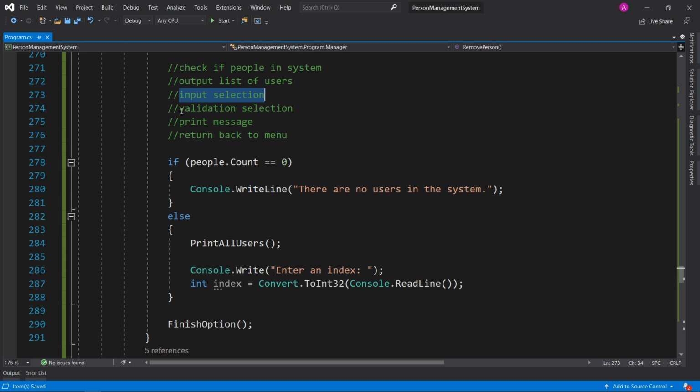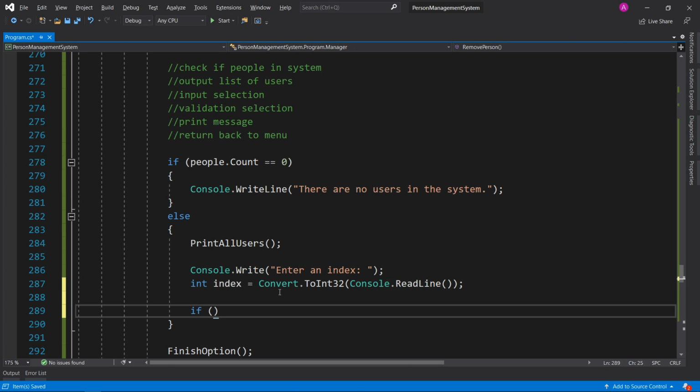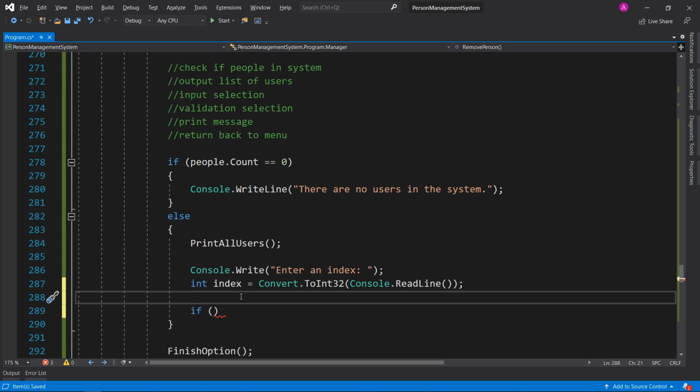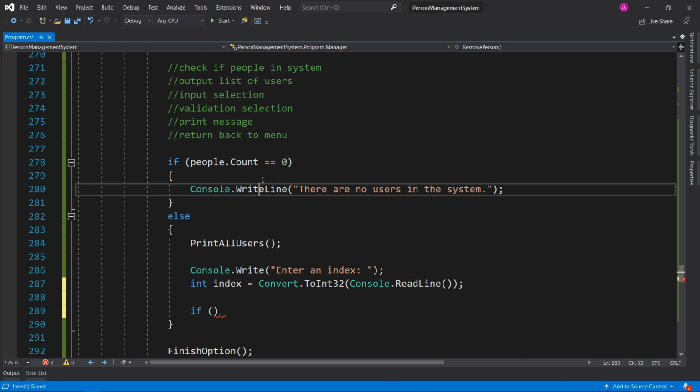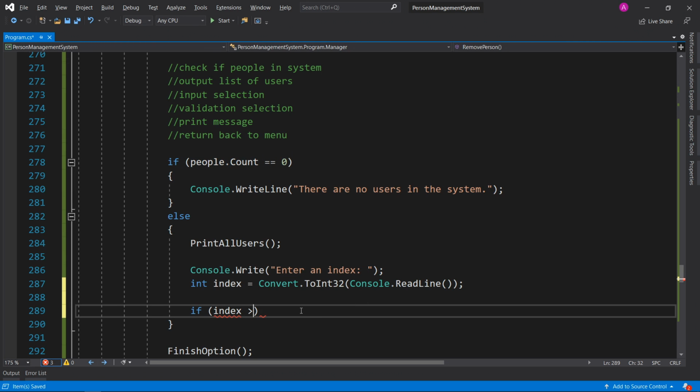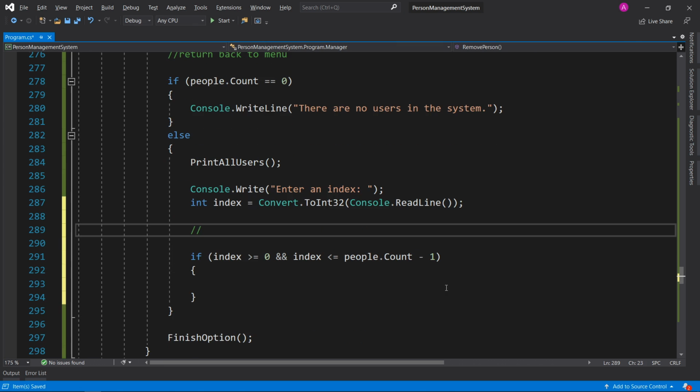So that's our input selection, and now we need to validate it. So our integer needs to be between the lower bound of our people list and the upper bound. So the lower bound is 0, and the upper bound is the count minus 1. So we can say if index is greater than or equal to 0, that covers our lower bound, and to introduce the upper bound check, we'll put an and, and say if the index is less than or equal to the people.Count minus 1. The reason why it's minus 1 is because our people count starts at 0 and goes to 1 because we only have 2 items in there. So that's 2 items, so the count is 2, but the last index position is 1